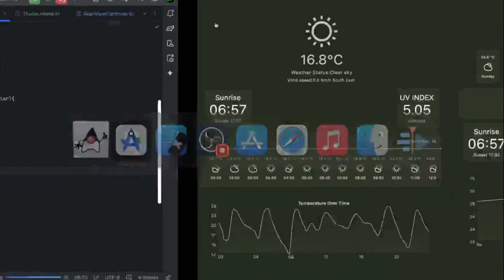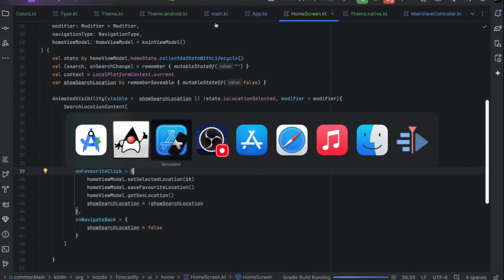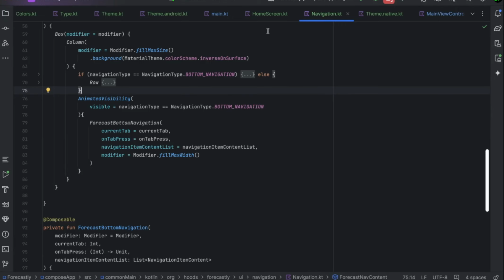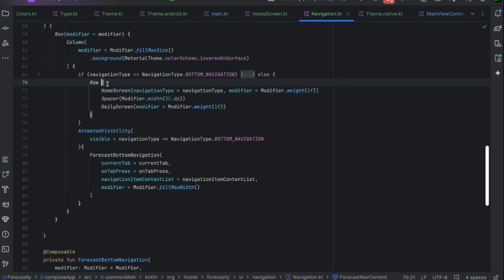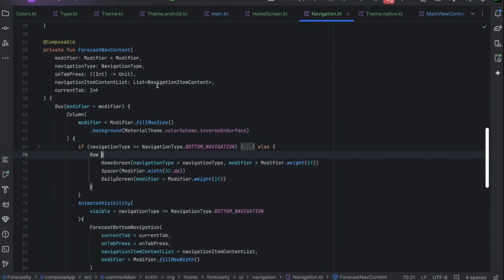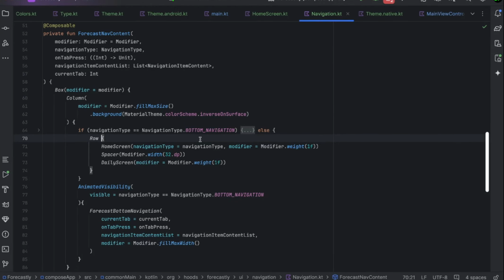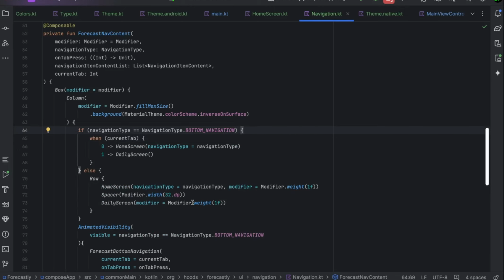Okay, so what we have to fix here is, for example, you can see inside our emulator, we don't see here our data. So we can try to fix this. Okay, so the issue here, what is happening is, let's go inside here. So we can go directly inside our forecast navigation. So we can go inside our forecast nav content. And directly here, whenever we are going to show, if the navigation type is going to be, for example,